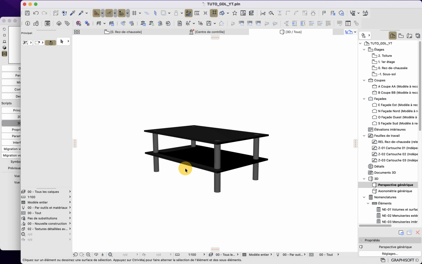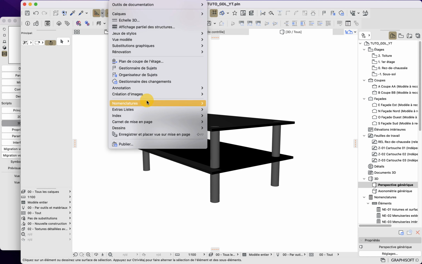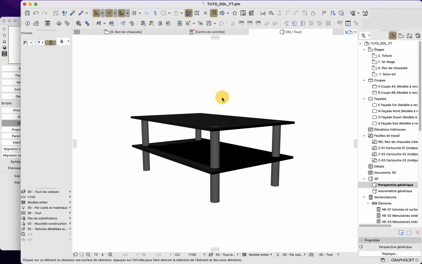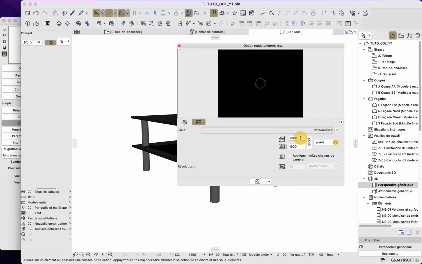So the preview picture usually is a square. So here we will go into our documentation, image creation, and then we will go into our option. The minimum when it comes to the dimension is 128 pixels, but I would recommend 256 as the image would be a bit better in the library manager.